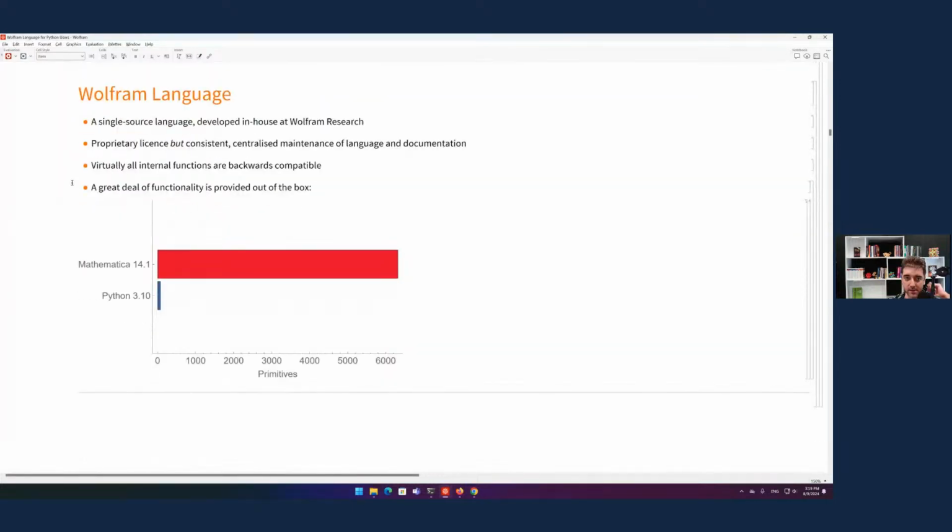So the Wolfram language is a single source language developed in-house at Wolfram Research. It is proprietary, but consistent centralized maintenance of language and documentation. Here again, when we talk about open source and proprietary, there are essentially trade-offs that come with each of those philosophies, if you will, or business models, more practically. Obviously, with open source, you get a free language, first of all, and it's much easier to spread in the community. People start writing things. But then the trade-off is that linking different things written by different people usually becomes difficult. There could be a lack of central vision, which is back to the whole Python 2 to Python 3 transition,